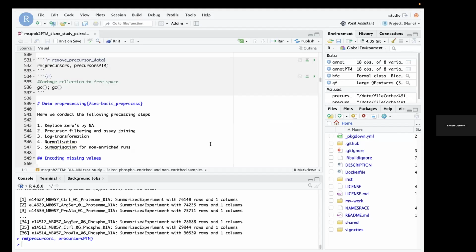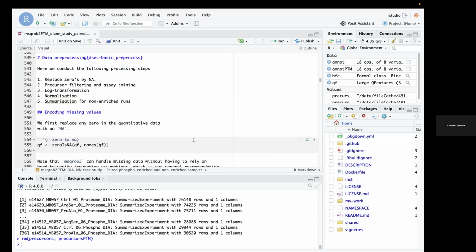And this is something that we will only do for the non-enriched runs. For the phospho-enriched runs, we will just work with precursor data. So we will use the QFeatures functions for that. QF is the QFeatures object that we have stored. I can use the zeroIsNA function to replace